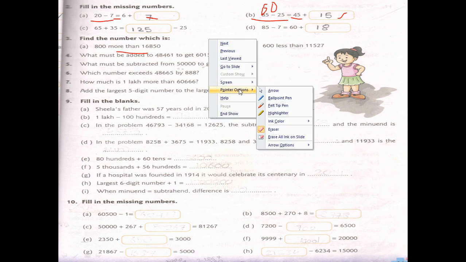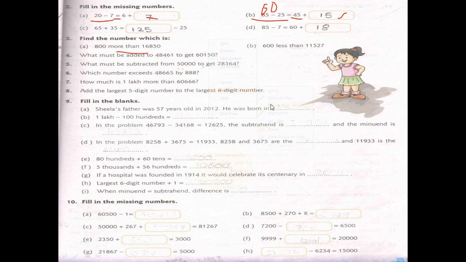Okay, again I am taking the pen. Okay, let's go. 16,000, 8 plus 8 is 16, then your answer is